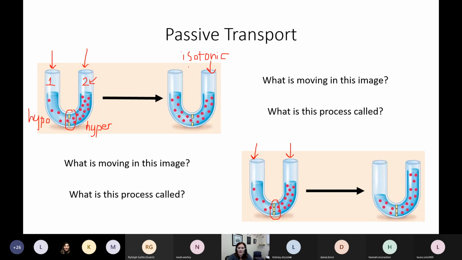These two solutions, what happens if I let that tube sit forever? I mean, I could sit there and watch it, right? Like we binge watch YouTube. I could binge watch this YouTube too, but it wouldn't be nearly as exciting as watching actual cat videos, you know. We would end up with isotonic solutions, things that have the same concentration. Now, we have the same solutions over here, so we still have the hypotonic solution on this side, and we have the hypertonic solution on this side, and we still ended up with isotonic solutions